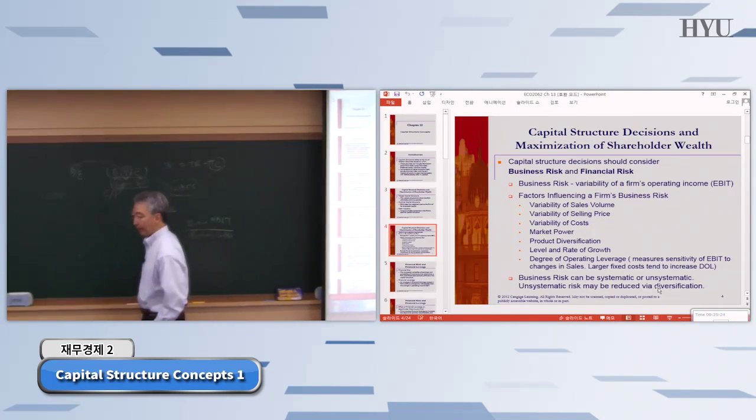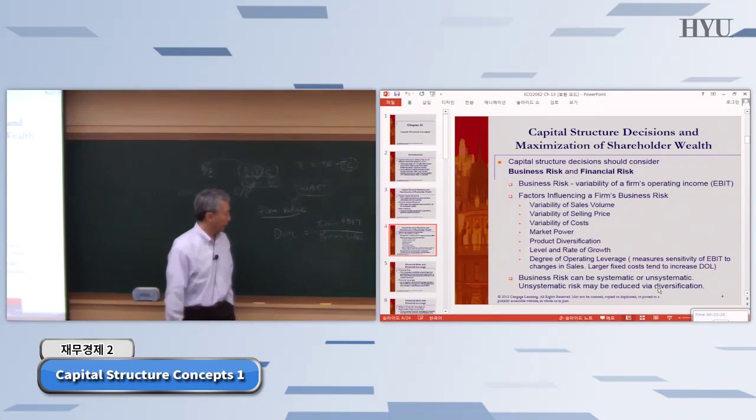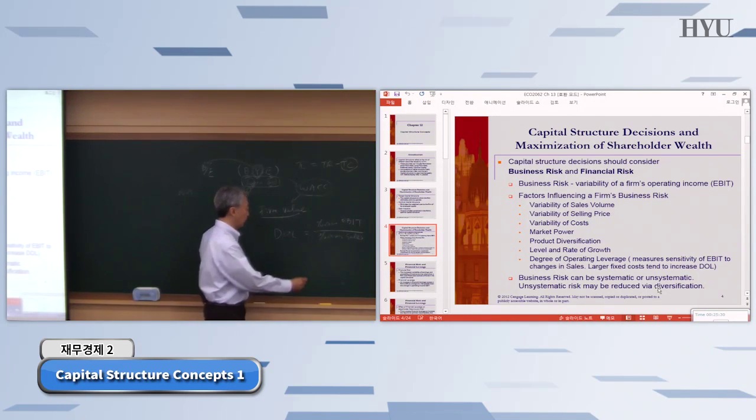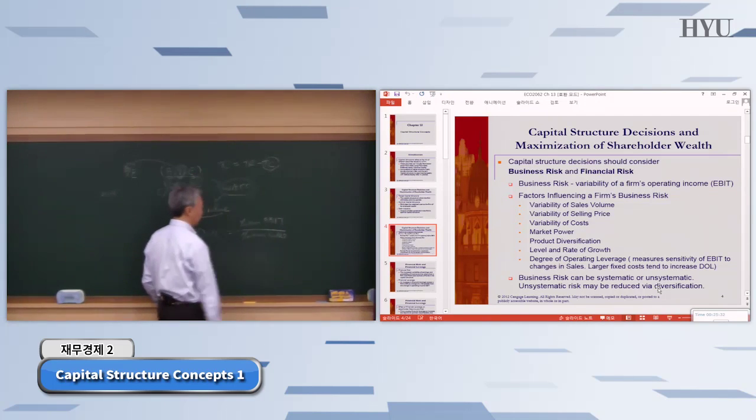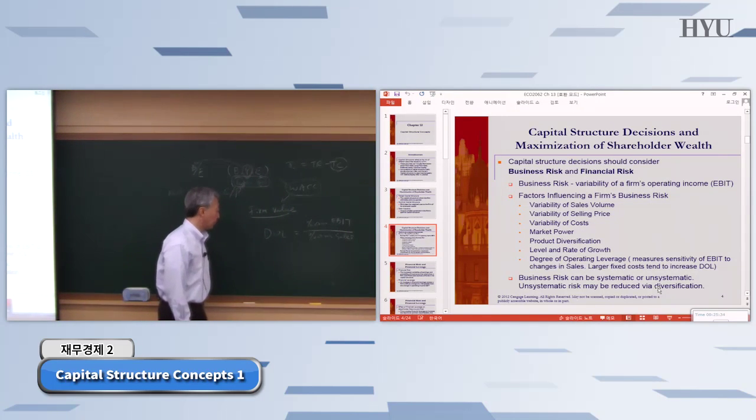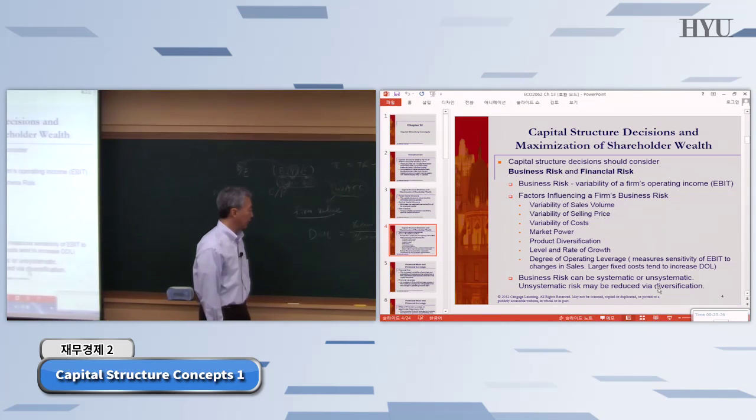So what is it? What does it measure? Well, it measures, for a certain amount of increase in sales, what happens to your operating income, the relationship between your sales and operating income, right? And if you actually calculate this,